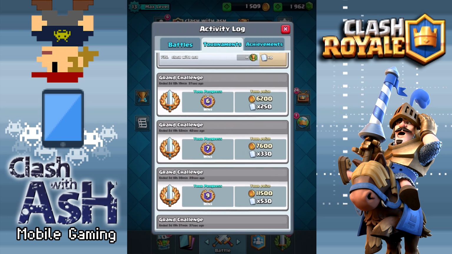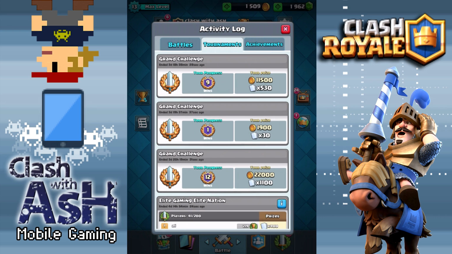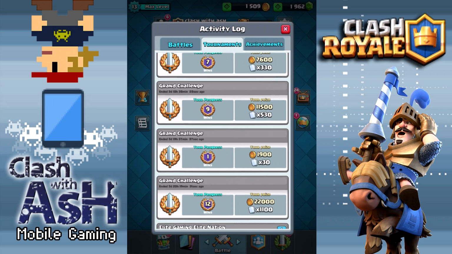In today's episode, I want to go over some Grand Challenge winning decks. You can see from my log here, well, it's a story of ups and downs, right? So how do you get a 12 win followed by a 1 win, followed by a 9, followed by a 7? Like I said, up and down, right? Basically what I'm doing is just trying different decks, some of which I'm comfortable with, some of which I'm